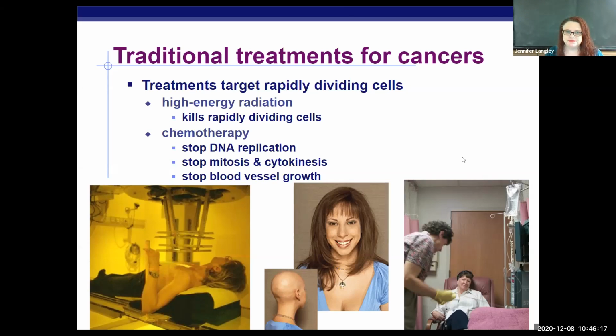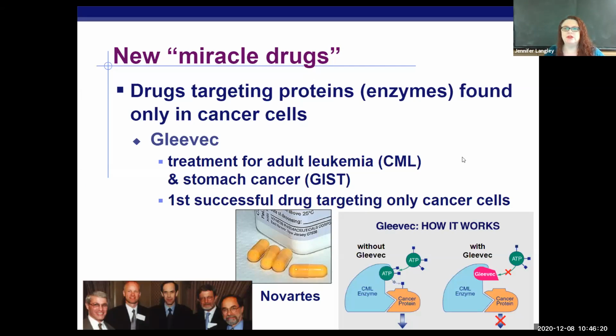Now, what's really cool is that they are coming out with new drugs and new ways to treat it. Right now, we have what's called Gleevec. This is a targeted cancer drug. It's used to treat adult leukemia, so not the youth or child onset leukemia, and types of stomach cancer. It targets only cancer cells by adjusting